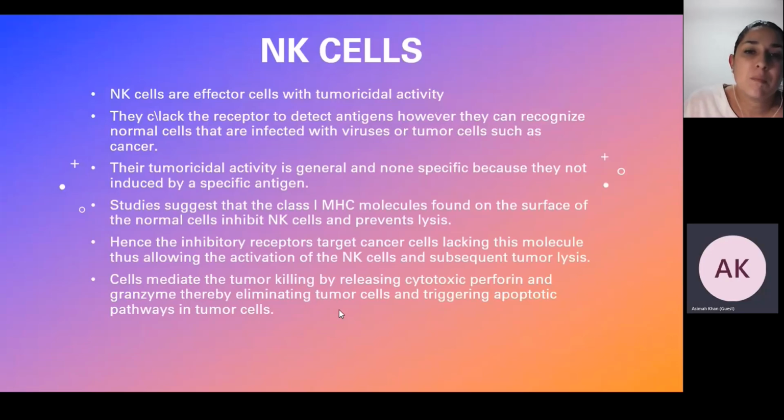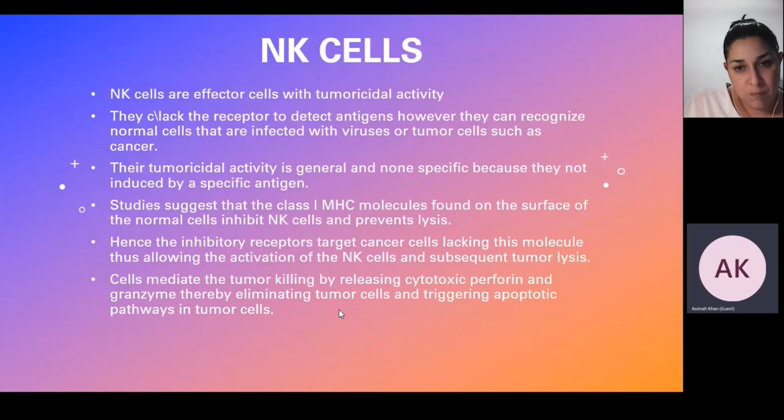Another innate cell is the NK cells, also known as natural killer cells. The NK cells are effector cells with tumoricidal activity. They lack the receptor to detect antigens. However, they can recognize normal cells that are infected with viruses or tumor cells, such as cancer. Their tumoricidal activity is general and non-specific because they are not induced by a specific antigen. This is opposed to T cells,